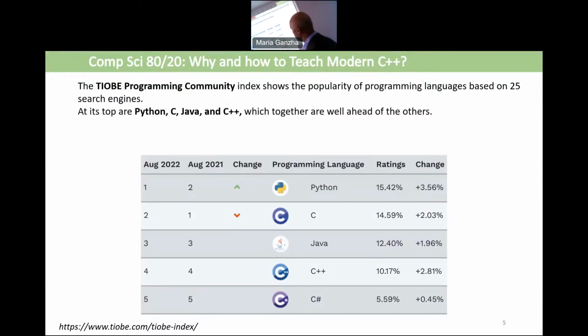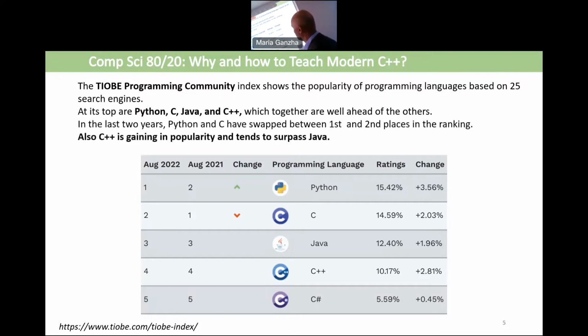So 3 C's and 5 languages here, and we see that altogether C, Java, C++ are all well ahead of others. What is also interesting, C++ is gaining in popularity and tends to surpass Java. These are not my words, these are taken from TIOBE.